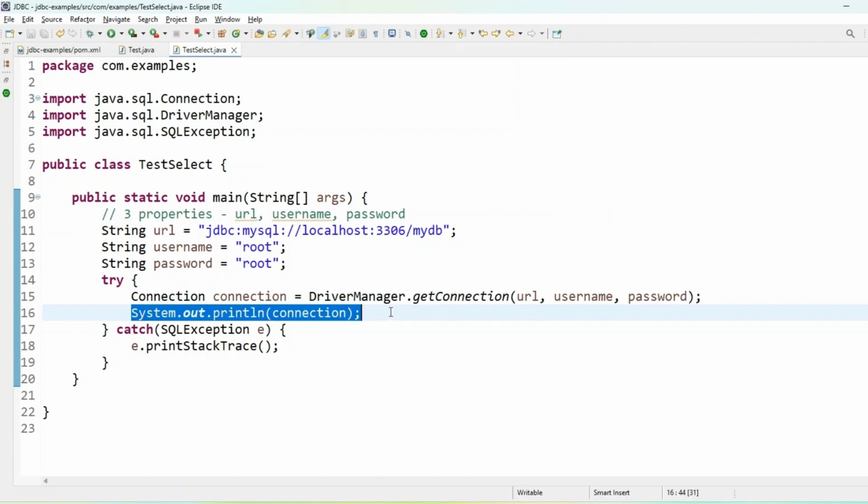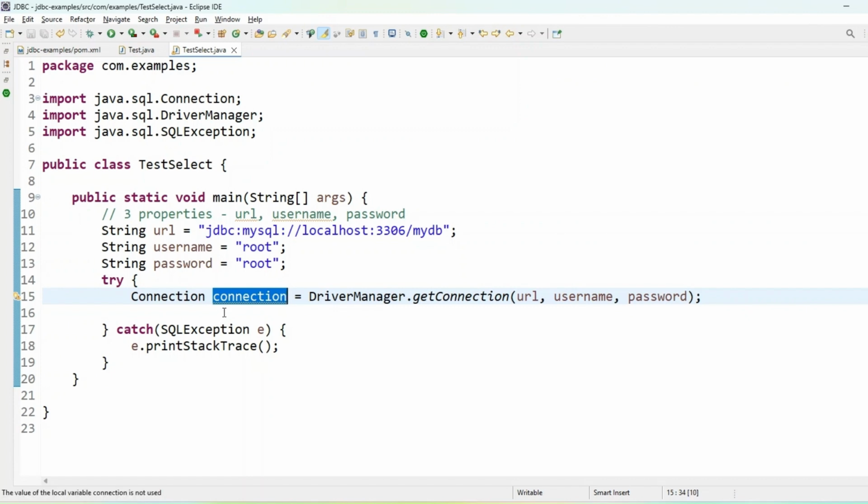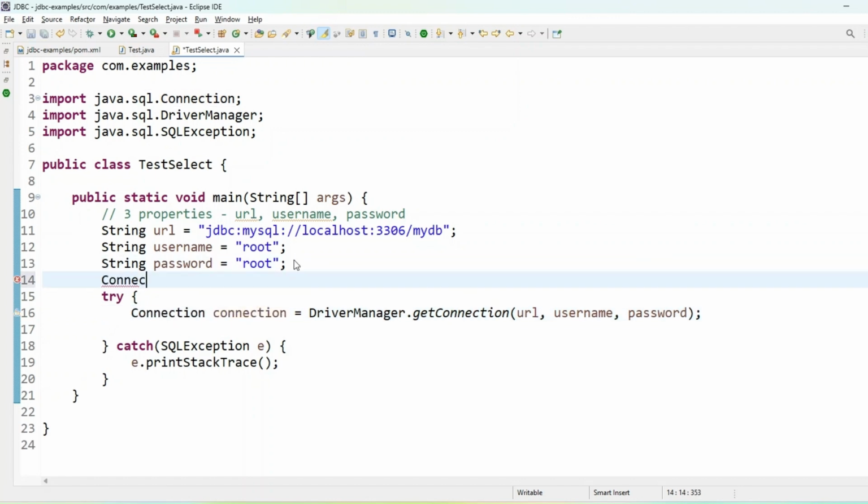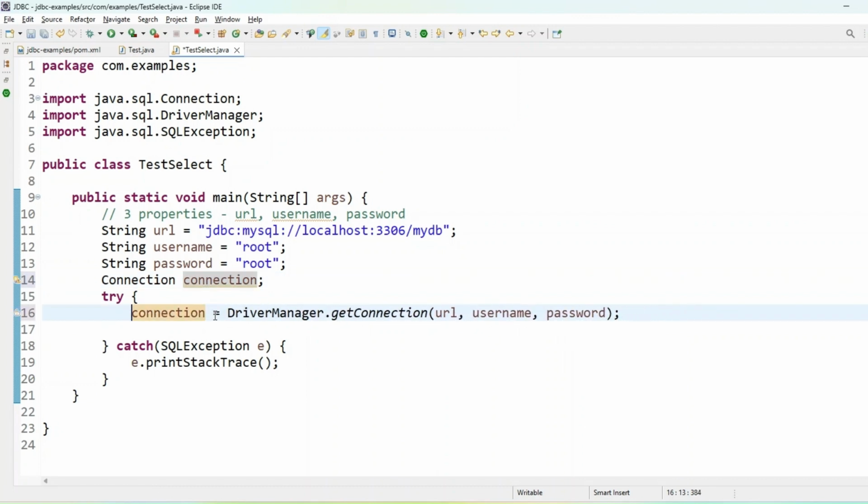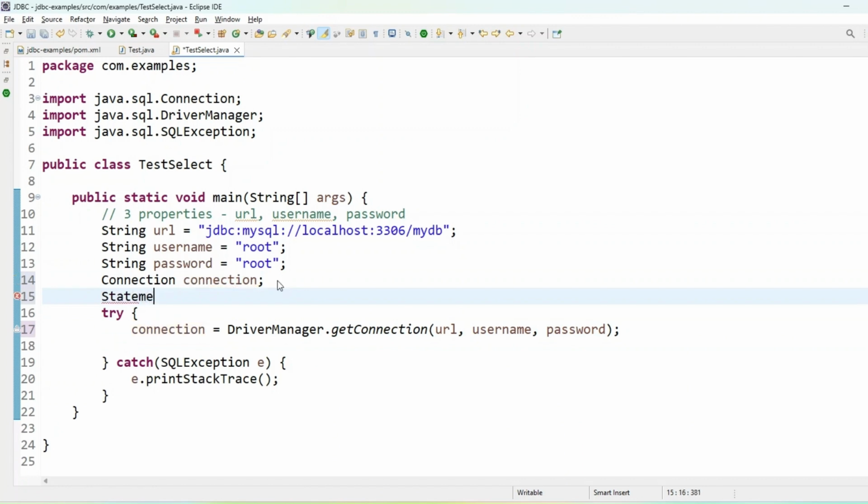But remember, you need to close this connection once the job is done. That we will do in the finally block. But if I want this variable available in the finally block, it has to be declared here like this. Let me create this connection variable here and assign the connection to the connection variable. I will also create one more